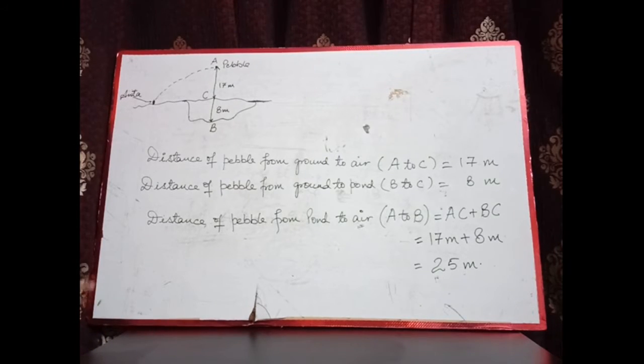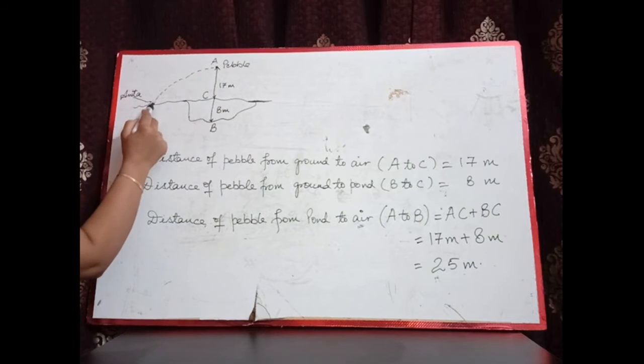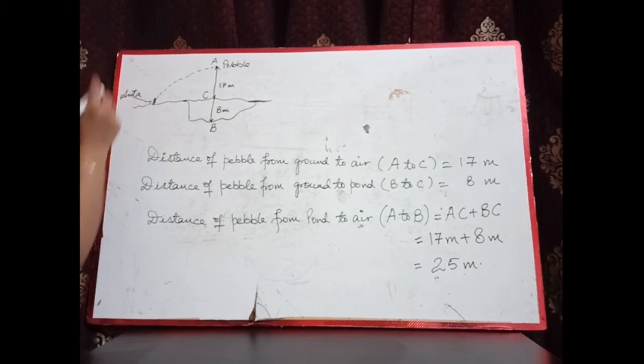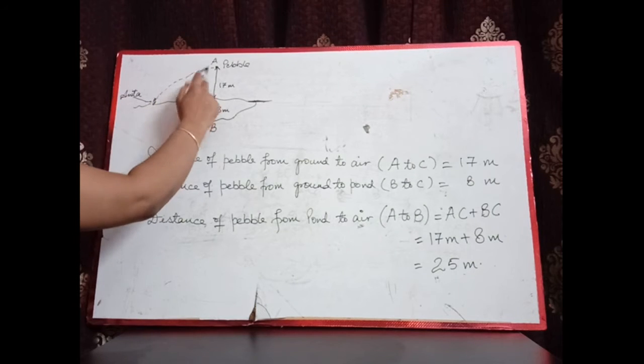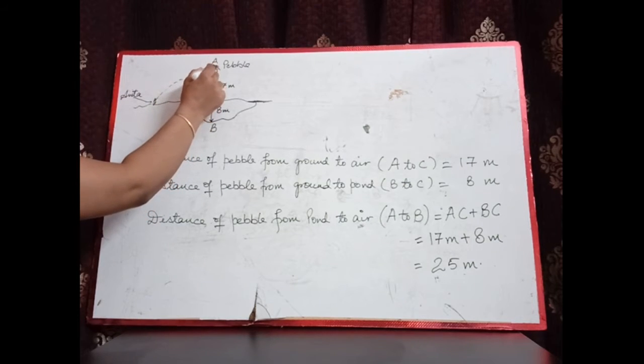The next question is Anita. This is a girl and she is standing here. She throws a pebble in the air. The pebble goes from here and it reaches here. So the pebble is here